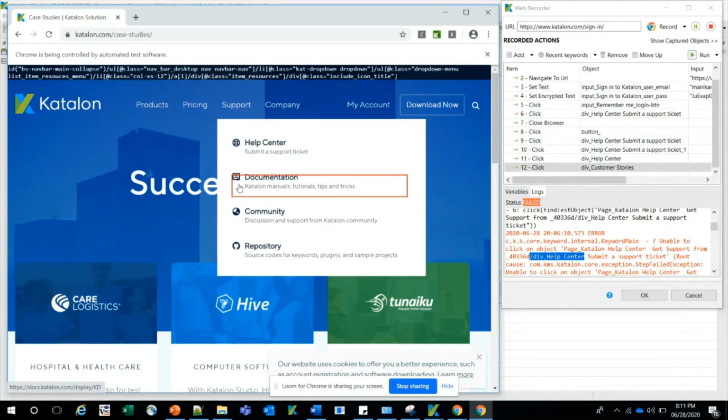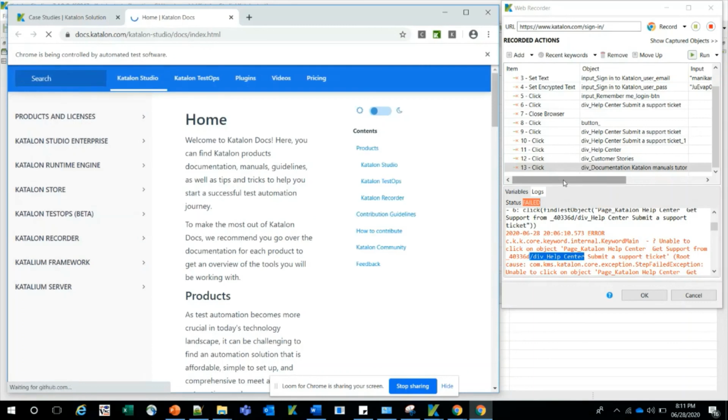If I click on the documentation, you can see there is an extra action that's already been recorded, clicking on the customer stories. This action you need to note down and delete manually after the recording. So these kinds of mistakes tend to happen.